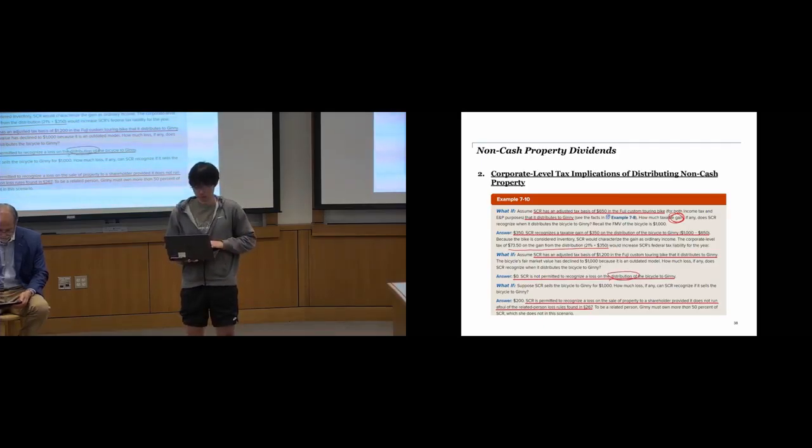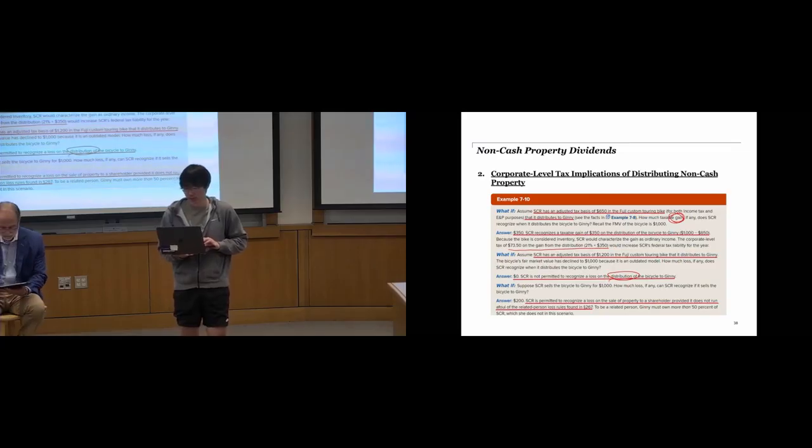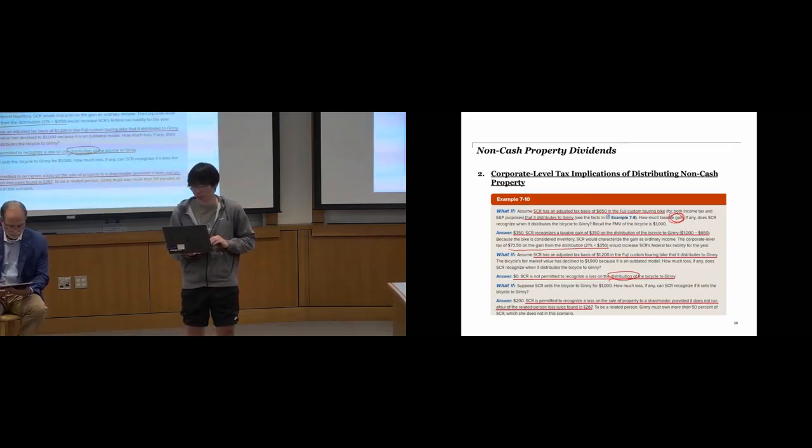And then the final one is, suppose SCR sells the bicycle to Ginny for $1,000. How much loss, if any, can SCR recognize if it sells the bicycle to Ginny? And we see that they're permitted to recognize a loss on the sale of property to a shareholder, provided it does not run afoul of the related person loss rules found in §267. Related person means Ginny must own more than 50% of SCR, which she does not in this scenario, so we're able